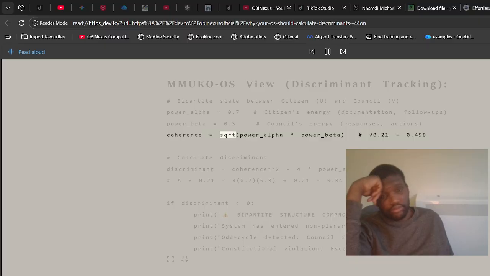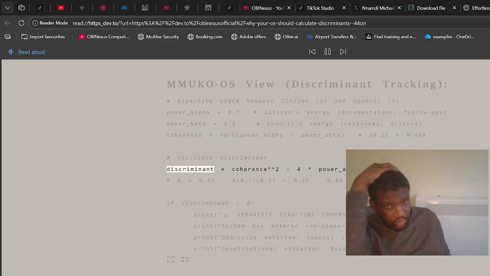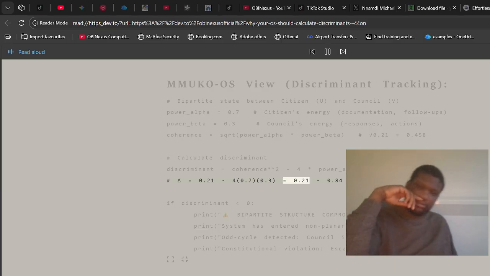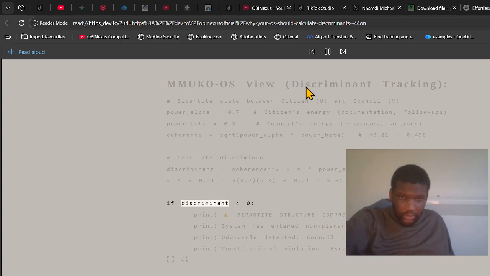Coherence equals sqrt(power_alpha times power_beta), the square root of 0.21 is approximately 0.458. Hashtag calculate discriminant equals coherence squared minus 4 times power_alpha times power_beta. Delta equals 0.21 minus 0.84, which is minus 0.63. If discriminant is less than 0: